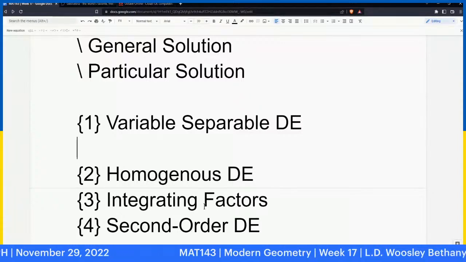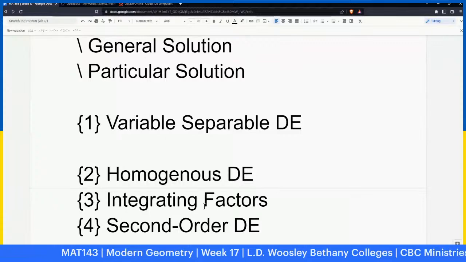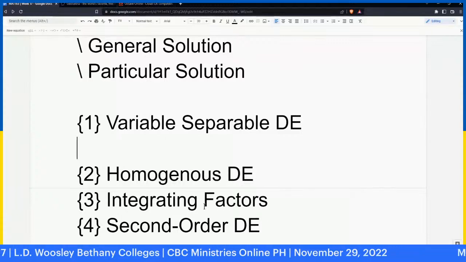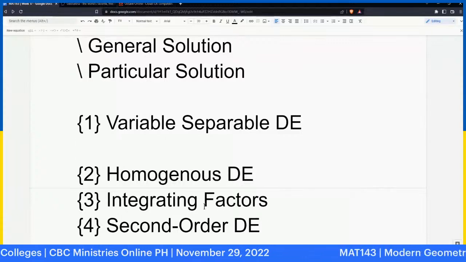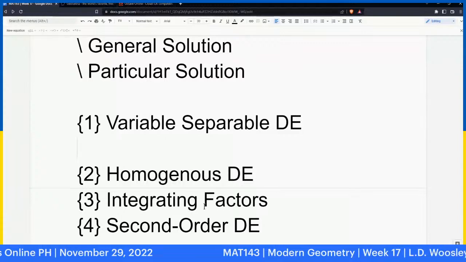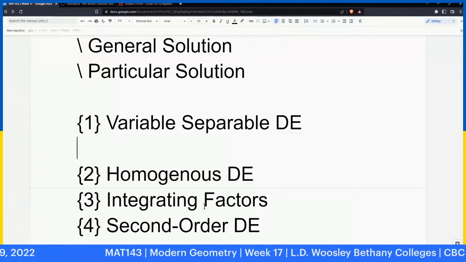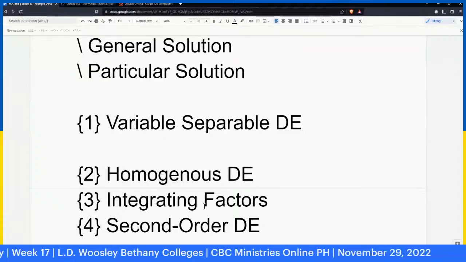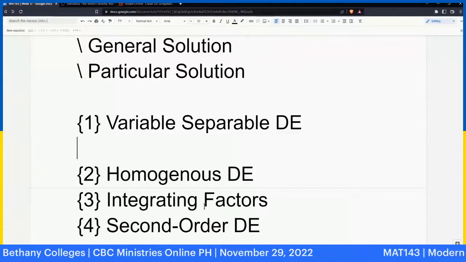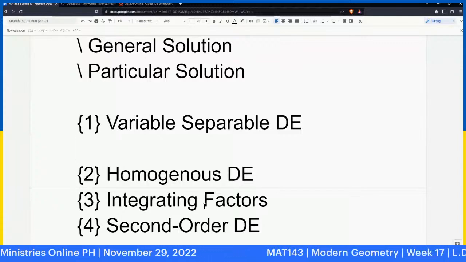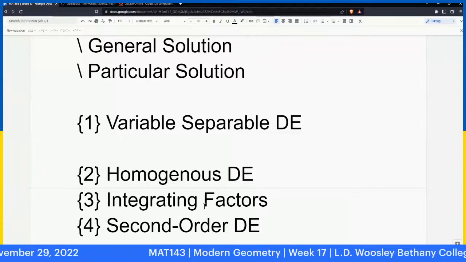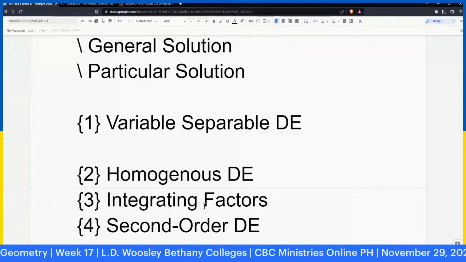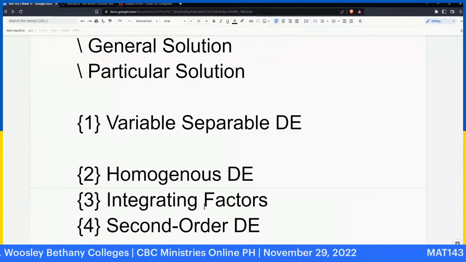Okay, we're able to read the material, Michaela, so I will not choose the solved problems anymore. I will jump to the supplementary. Nabasa mo na ba? Or at least browsed the material? Scan lang, hindi ko siya masyadong maintindihan. I'll skip the solved problems, because their purpose is really for reading. But I will demonstrate based on the supplementary problems. You can read the solved problems yourself. So, for the supplementary,